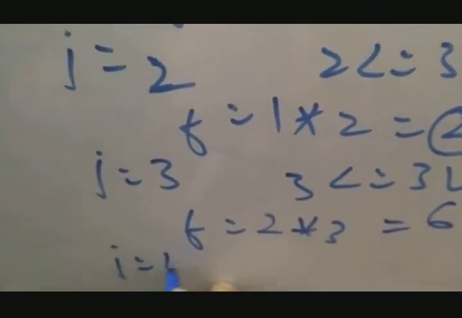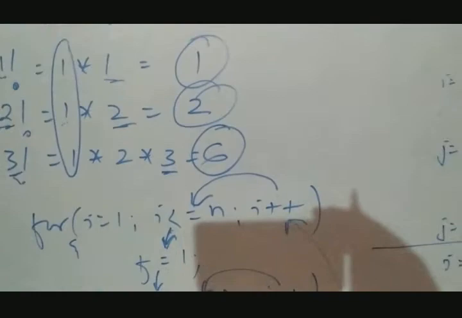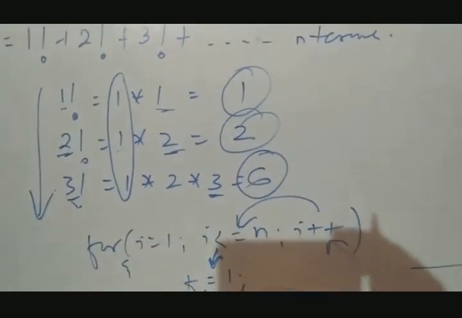Then again j value changes to 4. 4 is less than equals to 3. False. Comes out of the j loop. And it prints the current value, 6. Are you getting it? Hope you people are getting it, and this is what the factorial question is. Now we are going to convert it. This is what we had done with the tracing of it.